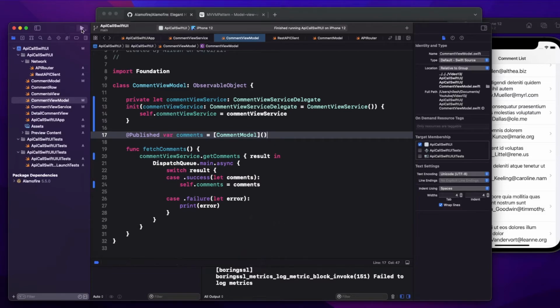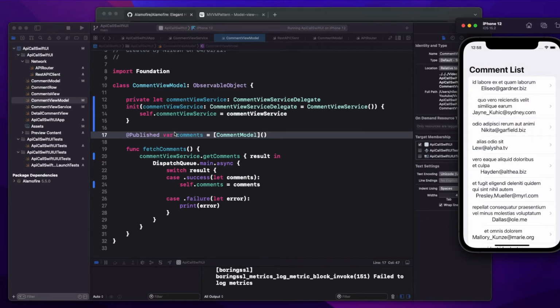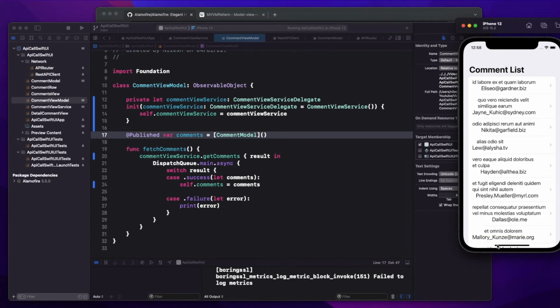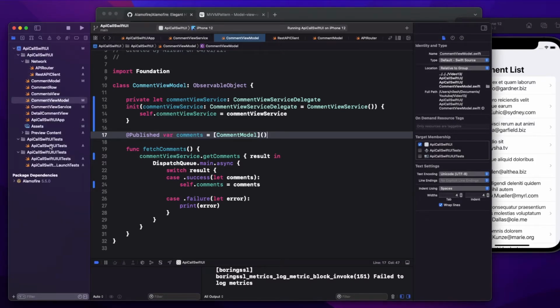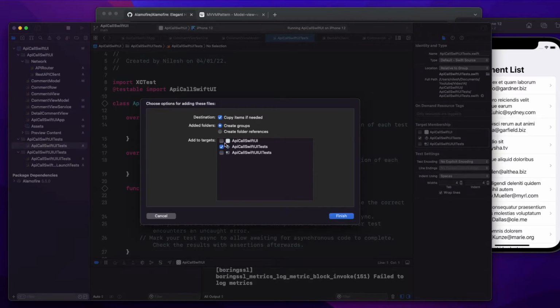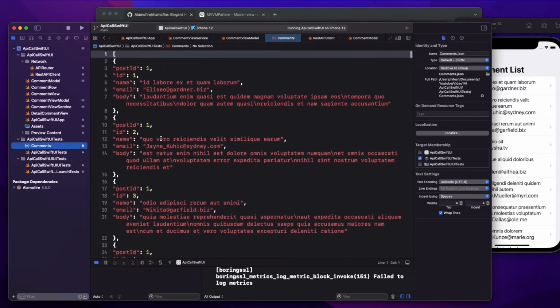Now if I run this, let's see if I'm getting the proper result or not. So I'm getting the proper list, everything is working as it is. Okay, now let's see how I can write a unit test case in this particular example. For that, the first thing we need to do is have a local file from where I can read all my comments. So let's bring this and paste it here. I'm just going to attach it, and now I have a comments file ready with all my comments.